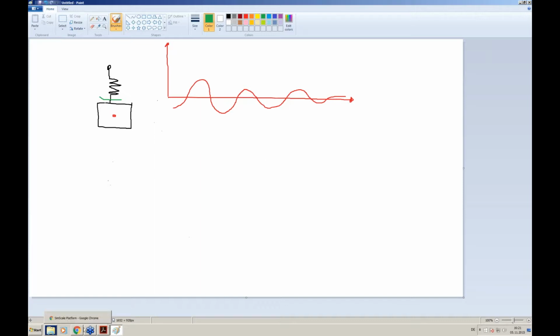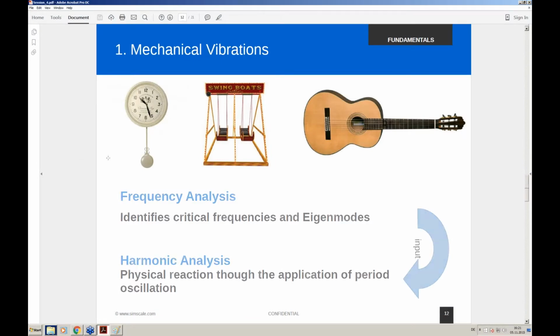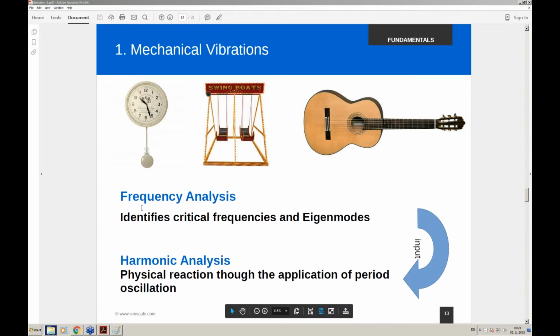And there are, let's say, two stages if you want to do a vibration analysis using engineering simulation. You need to do basically two simulations. The first simulation you need is a so-called frequency analysis, and this analysis is, let's say, without real boundary conditions. It's independent from a lot of other boundary conditions. For example, the frequency analysis does not care about which load is acting on the part or stuff like that. It's just important what is the geometry and what are the materials and the contact between